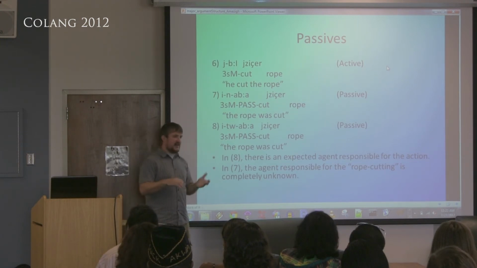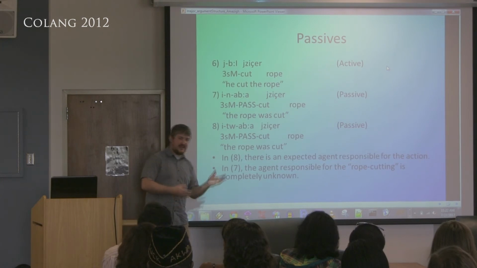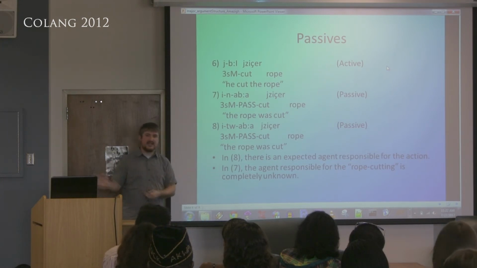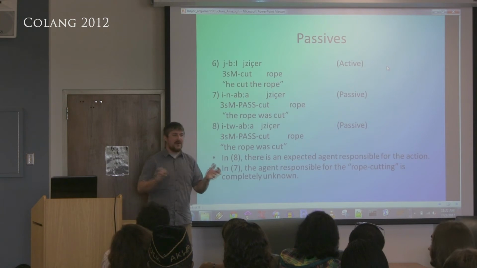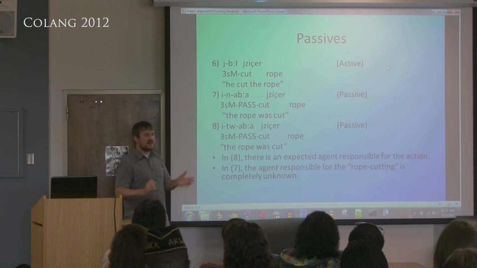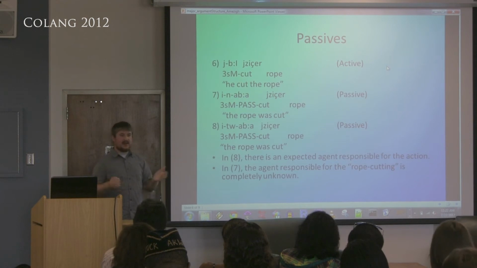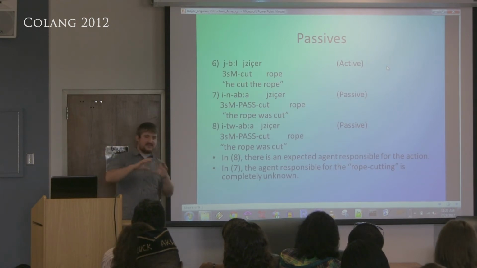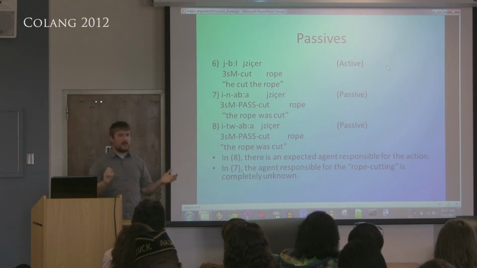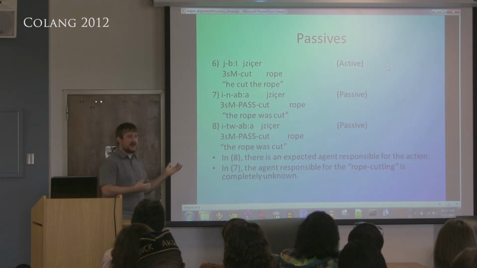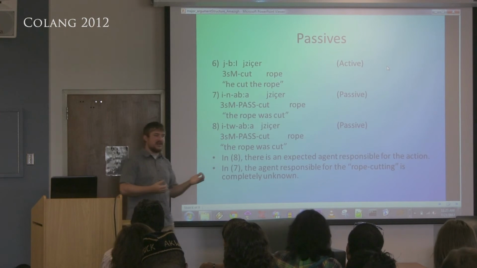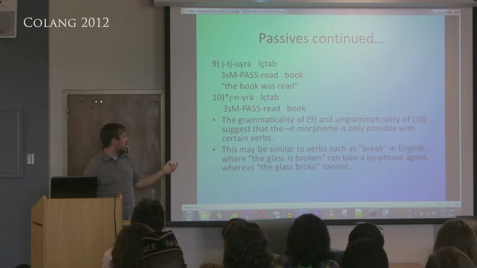It turns out that it's dependent on whether there's an expected agent, whether the action could have been done by a human, whether it should have been done. I'm not sure if this is just a simple encodative causative alternation issue, where one of them works for the encodative and the other works for the regular passive, or the traditional passive as we know it in English. So what I mean by that is,